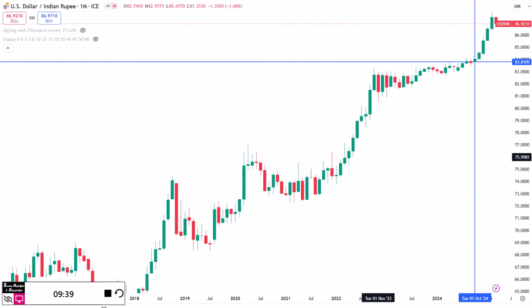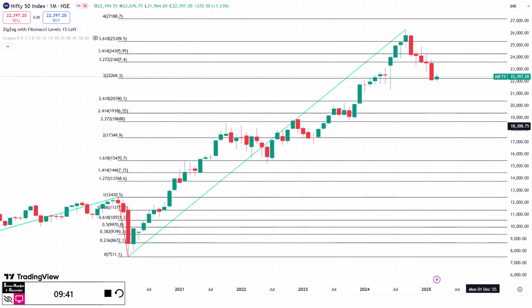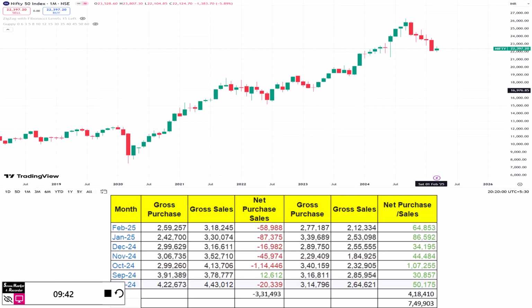It's very evident that if we are dependent on FIIs and DIIs, and very dependent on foreign FIIs, how much will DIIs protect us? That's my question number one. Number two, DIIs also need to book profit. What will happen if DIIs also start selling? That's a big question. In the last 7 months, there has not been a single month where DIIs have booked profit. They will also have to book profit, right?